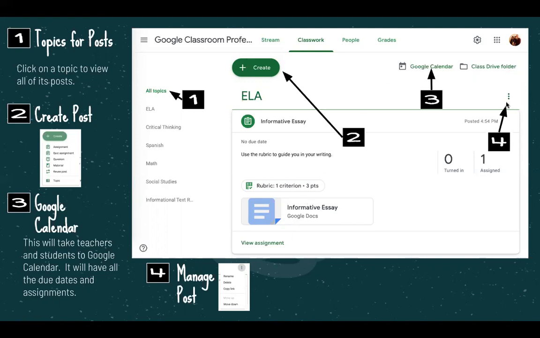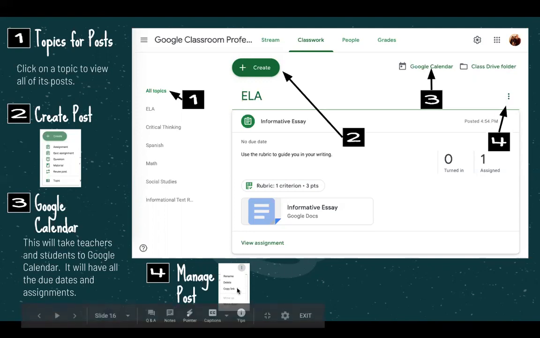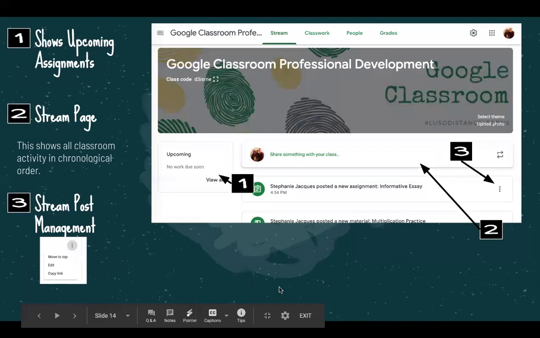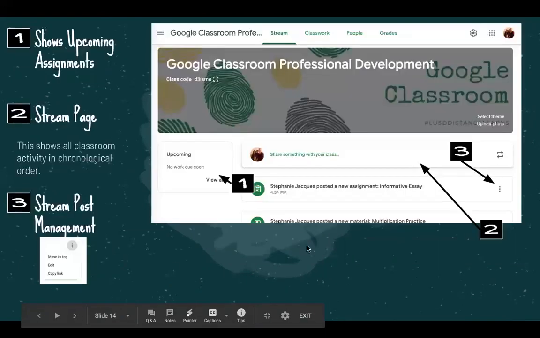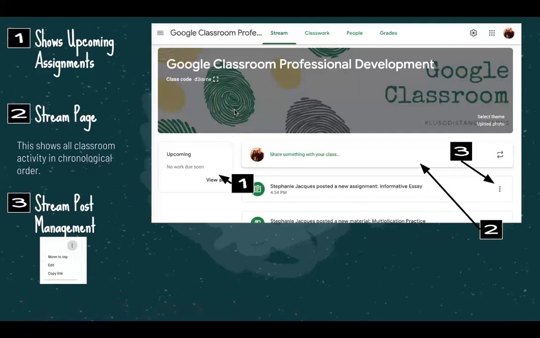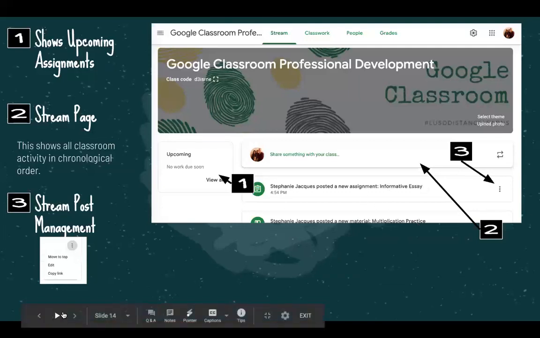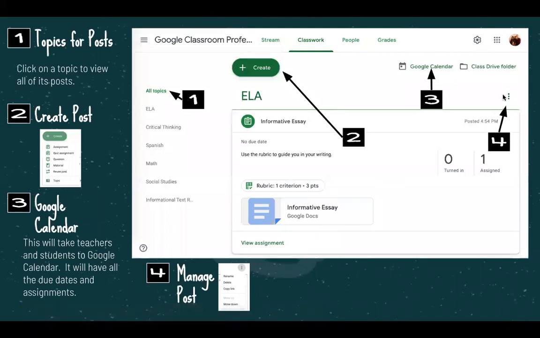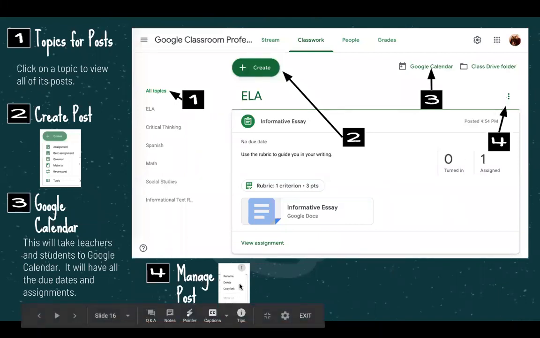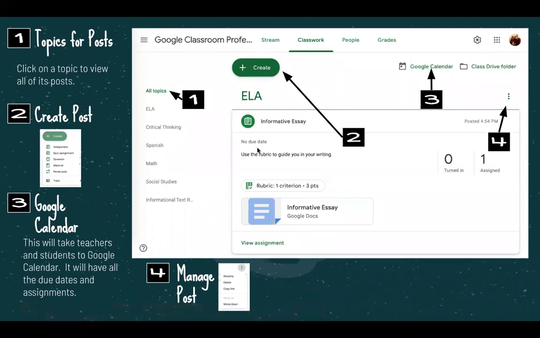And then right here is managing the post. So if you look down here, you can rename it, you can delete it, or copy the link to send to somebody. Sorry. Okay, so that's the stream. Oh wait, the classwork page, I'm sorry. So that one is the one where you can manage the posts. I'm going to show you later how to create an assignment. I just wanted to go over the parts of the